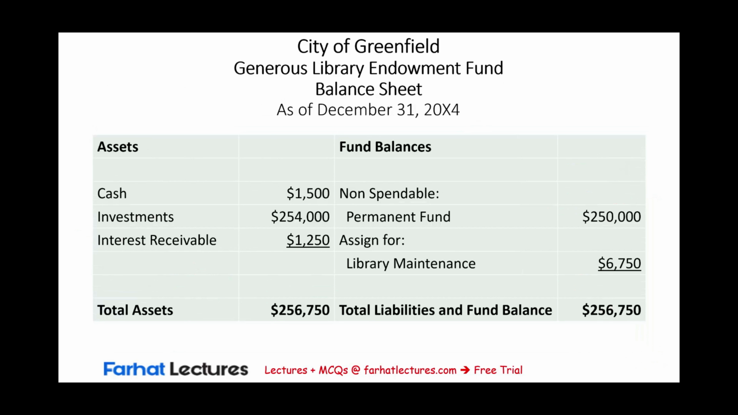Also, we have to look at the balance sheet for this fund. Remember, I told you cash, we have 1,500. The investment is reported at fair value, 254,000. Remember, we accrued receivable of 1,250. I told you you're going to see those eventually in the appropriate financial statements, and this is the appropriate financial statements. Total assets 256,750. On the fund balances side, we have the permanent fund of 250,